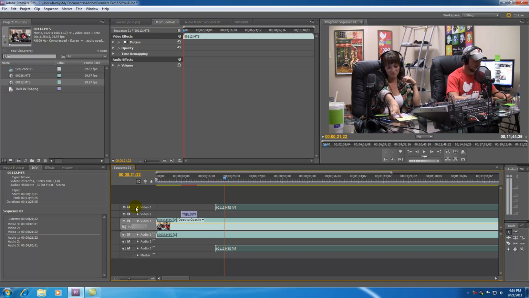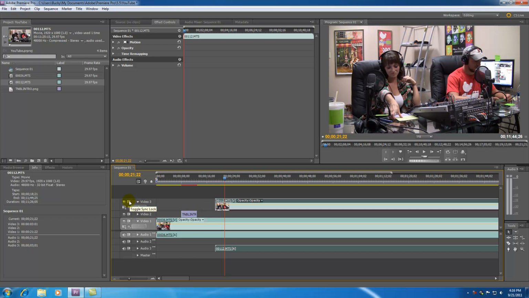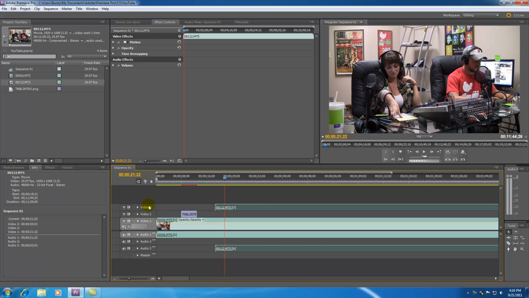Again, a couple of these things, like toggle sync lock and toggle track lock, you can understand them later when we talk about locks, and we really don't use it that often, so I really didn't want to throw everything at you, but hopefully you got a better understanding of the timeline now, and you can at least make a